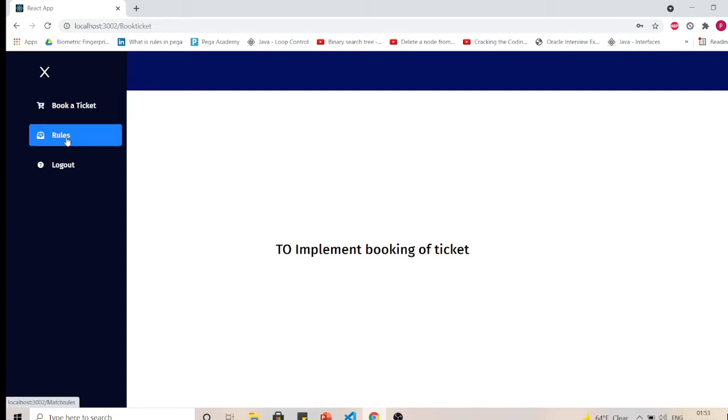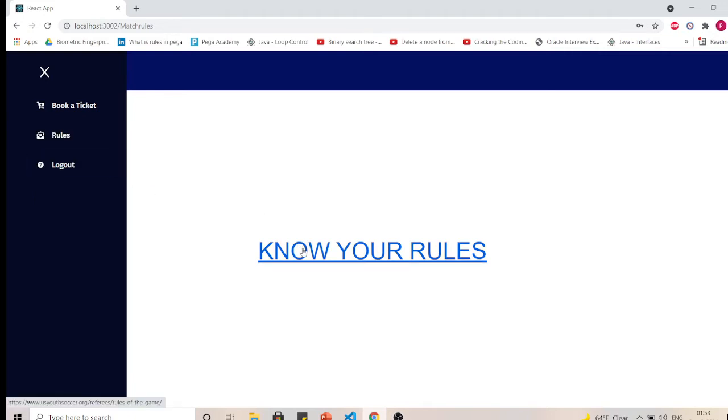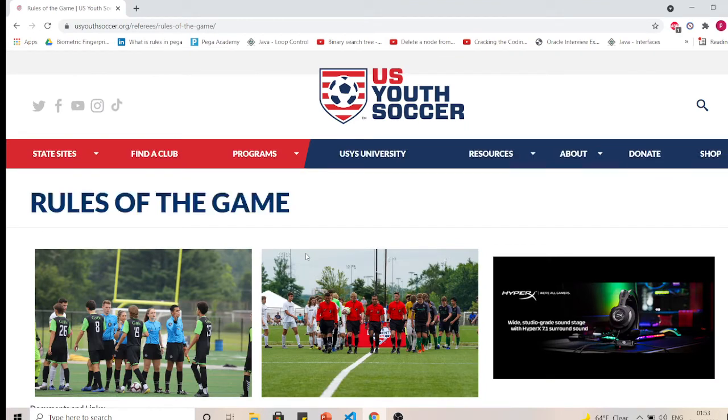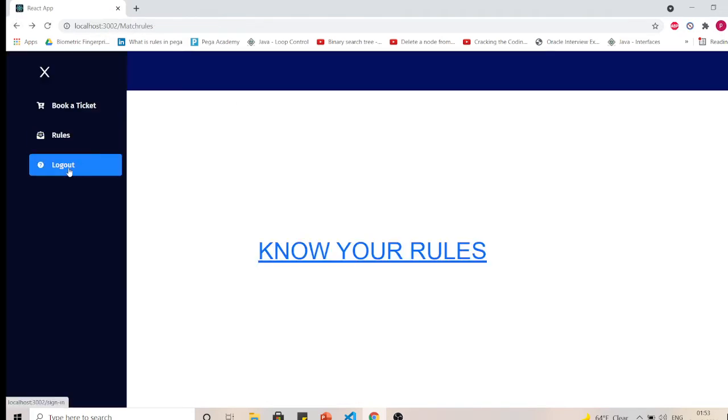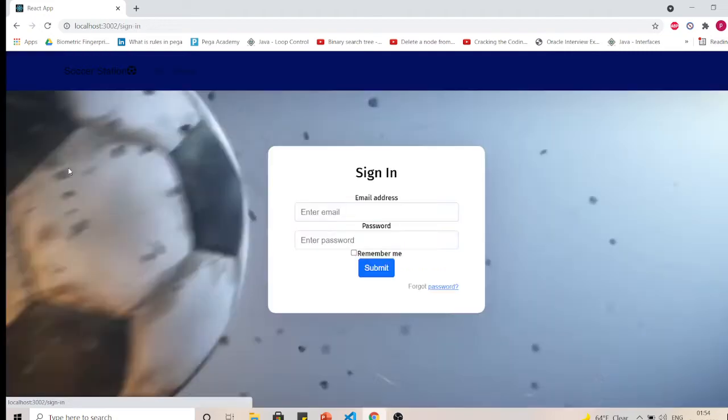One more thing that Professor Findler asked us to do in one of his Slack messages was to give a third-party address of a website to make the user know the rules. So we have implemented that. If we click on this know your rules, we will be redirected to this page that Professor Findler asked us to show. And obviously the logout functionality has been introduced in this version of our release.